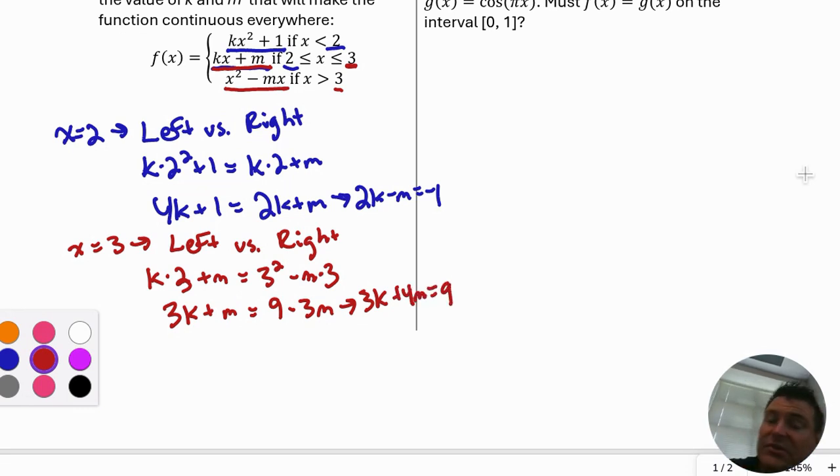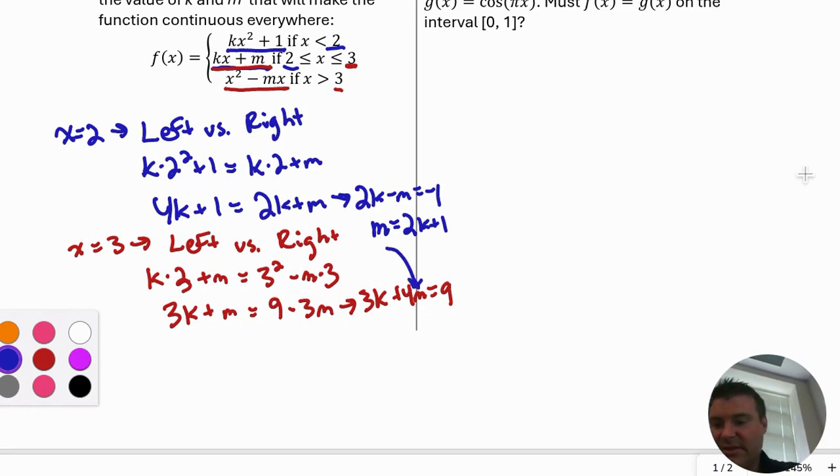We can either use substitution as a method to solve these equations, or we can go ahead and use elimination. I do think it is kind of easy right here to go m equals 2k plus 1. That might be the better route. Probably didn't need to do that step right above it. And I'm going to substitute that in right here so that this becomes now 3k plus 4 times now my blue 2k plus 1